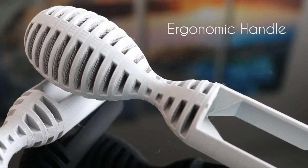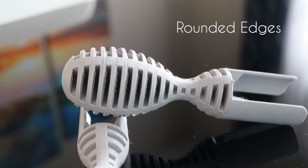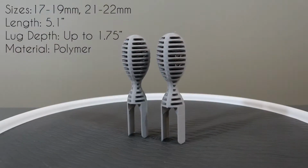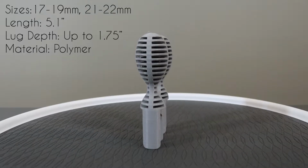We have developed this product to feel great in your hand, rounded out all the sharp edges, and made the legs long enough to reach deeply seated lugs found on some aftermarket wheels. And for our Kickstarter family, we are sending a set of 2 Lug Buddies to ensure the perfect fit on